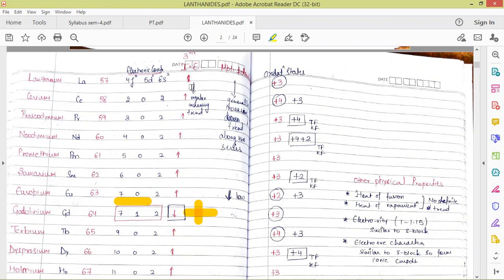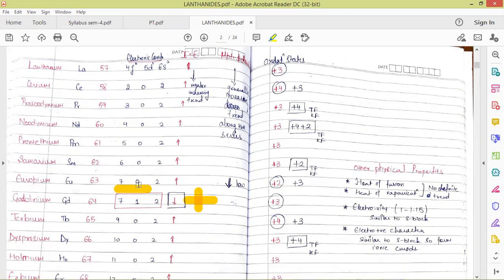So for the third electron from cerium, it will be removed from the 4f subshell, and the ionization energy is going to increase up to europium, because the number of electrons is getting added to the same shell, and the 4f subshell, as we all know, has poor shielding, so the size is decreasing. So europium has the maximum third ionization energy if we look from lanthanum to europium, because it has exactly half-filled electronic configuration.